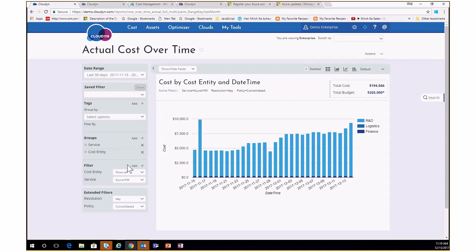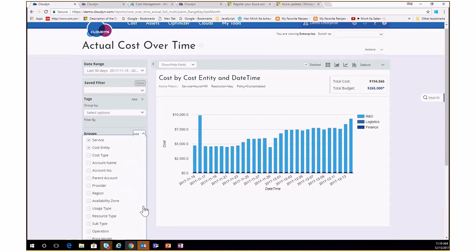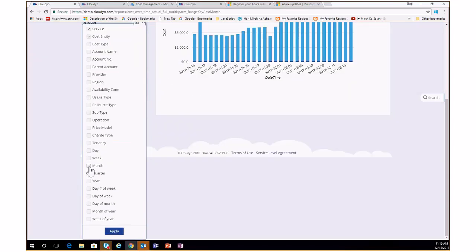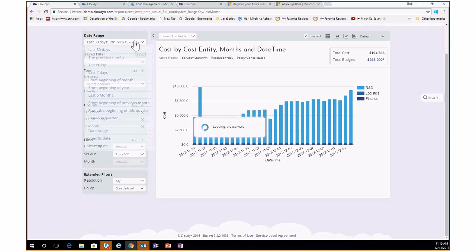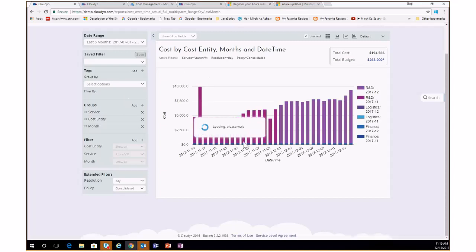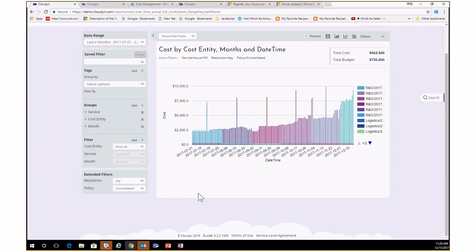I can further break it down, and I can group it by month if I am doing this report for the whole year. So I can do it for a month, and then let's do the last 6 months. This is an over time report, and it can give you a pretty good idea about the spike. I can see there is a spike here, and then I can further take a look at what was going on that particular day, what resources were causing that spike. As you can see, this is a monthly report,